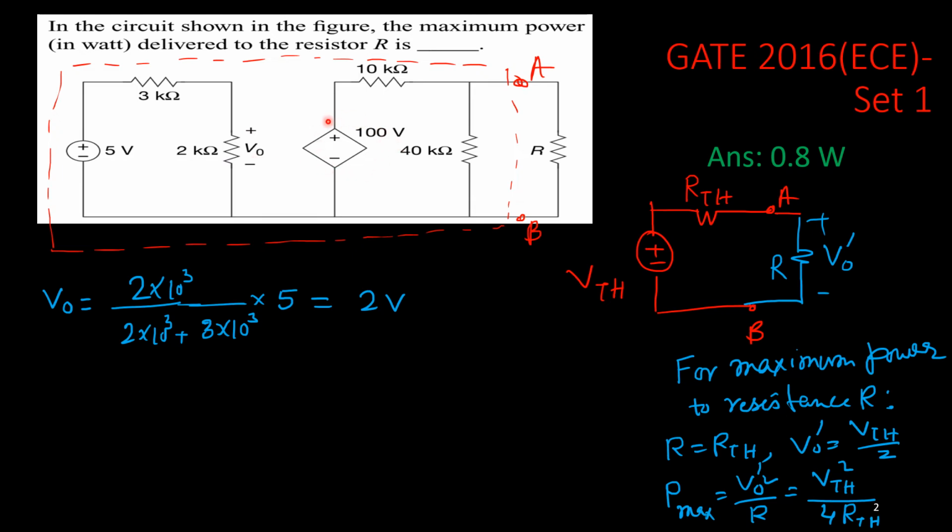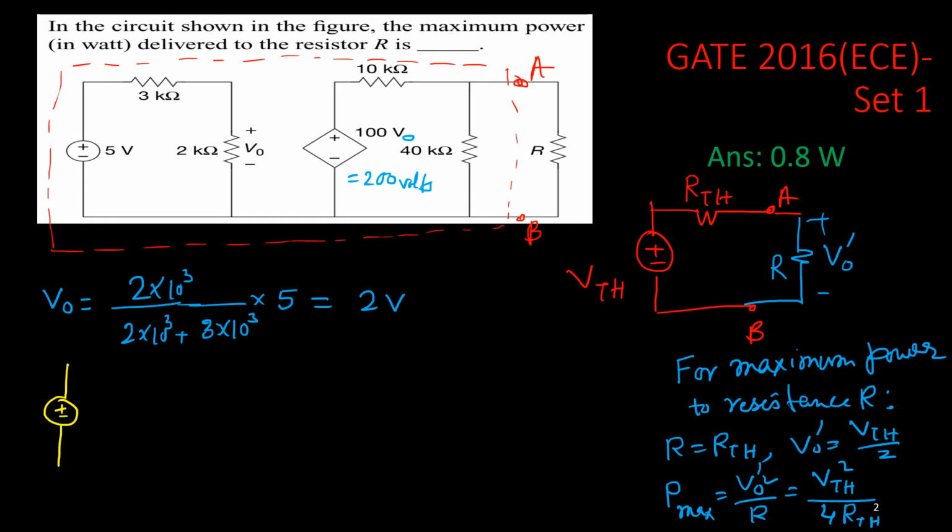So here the dependent source will provide 2 times 100, meaning 200 volt. So can I write that? So this is simply 200 volt. So actually it should be V naught. Okay. So it is 100 into V naught. That is the problem. So 100 into 2 means 200 volts. So now we can consider this thing as simply a DC source.